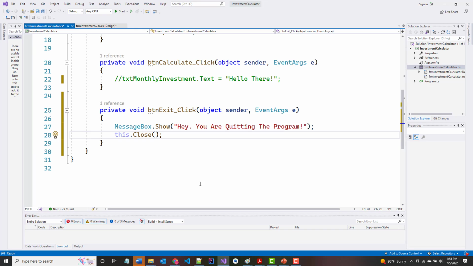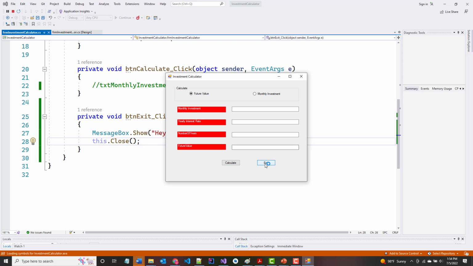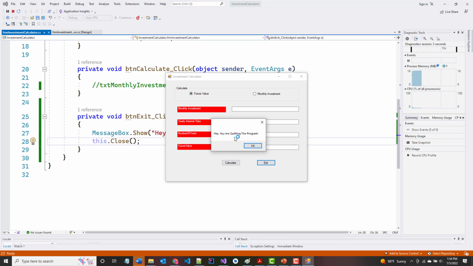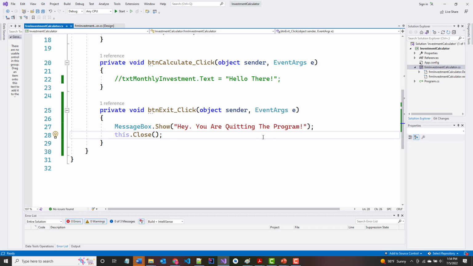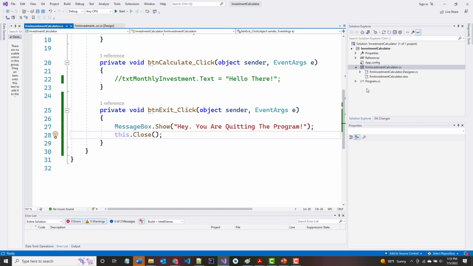And watch what happens. So when I click exit, it says, hey, you are quitting the program. When I click OK, it quits. So this was the act of me setting up the code, and I don't want you to go into these files, please, because it's an easy way to screw up a program. But if I go into my designer,